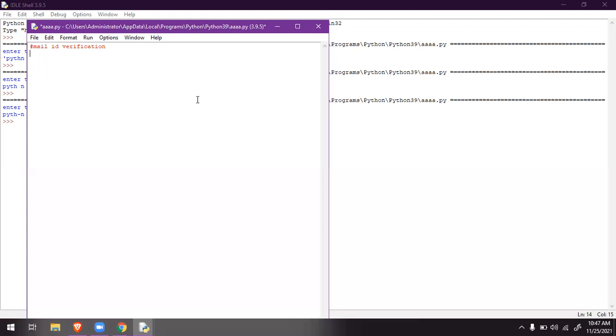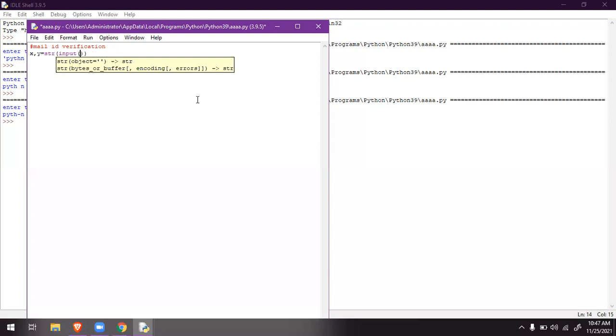We have to enter our mail and we have to enter our password, isn't it? It is simple. I'm taking two variables x comma y equals, for x it is a string, so I'm taking an input value which is a string.